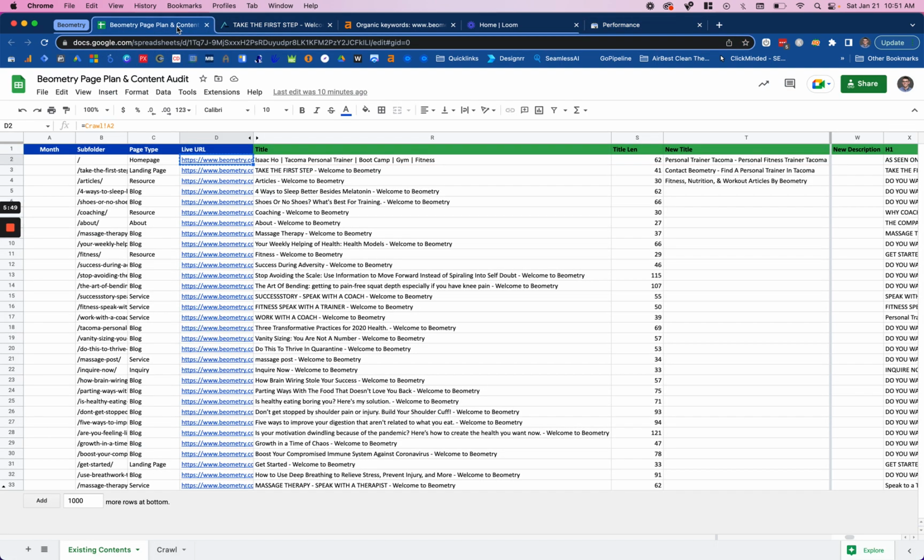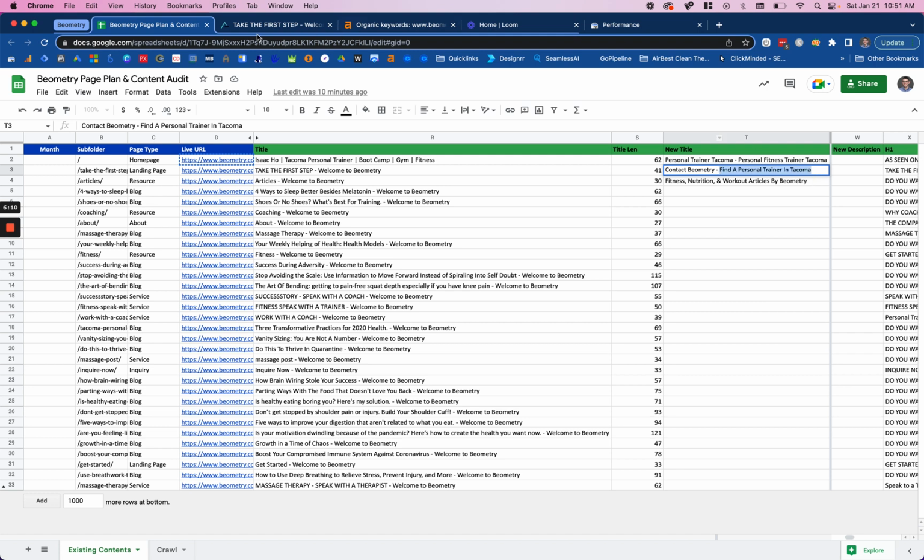I'm looking for the brand name because this is a contact page basically. And do I want to get clever or can I justify saying contact biometry? Because if people are looking for the brand name, they're also likely looking for contact information. And so saying contact biometry is going to be relevant for those people.